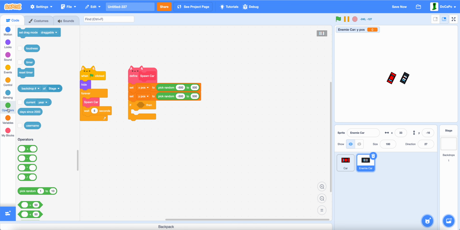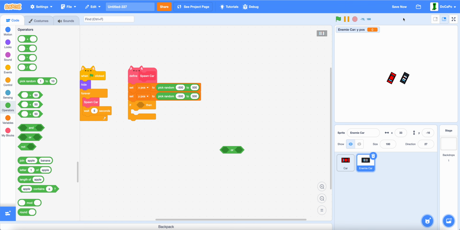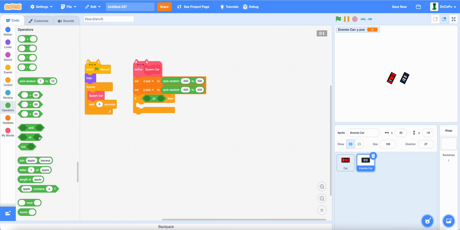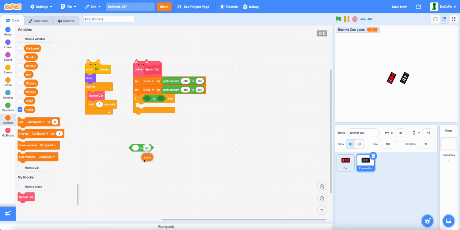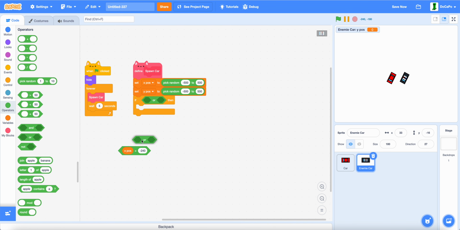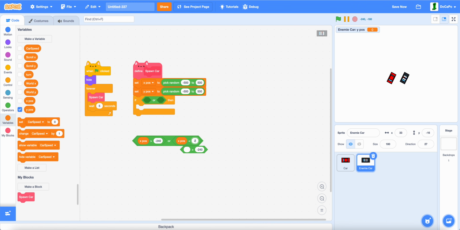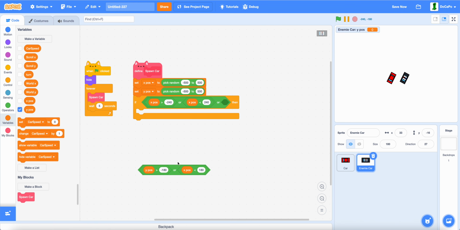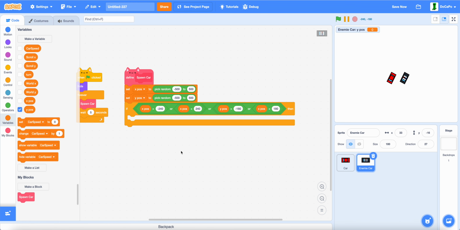And now if, basically inside here, so spawning not into the car, and if it does spawn in the car, so if x position is greater than -240, or x position is less than 240, and same with y, if y is greater than -180 or less than 180, and add this into that or. Then,